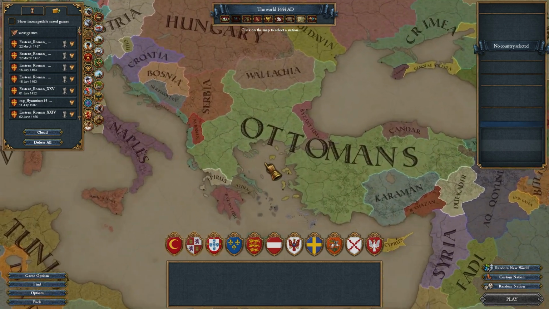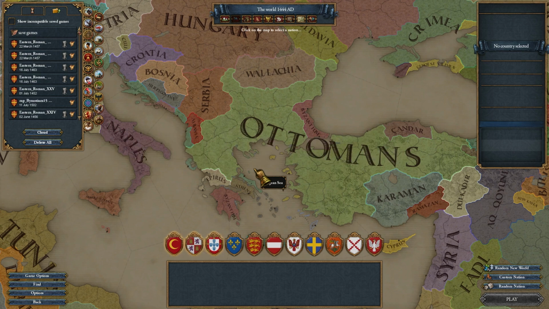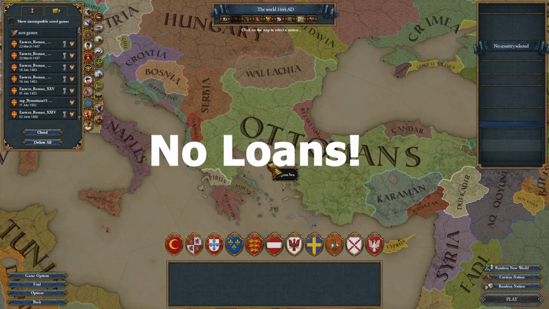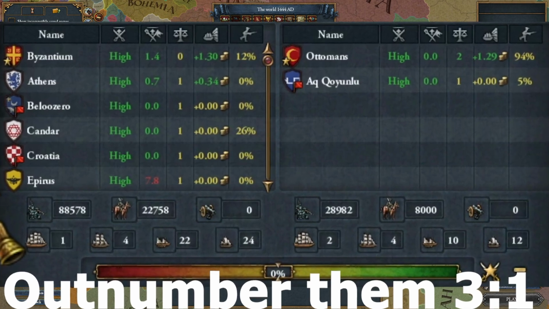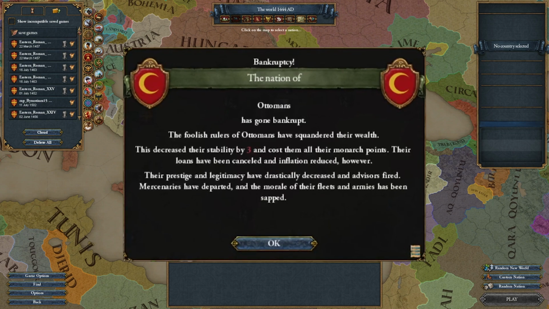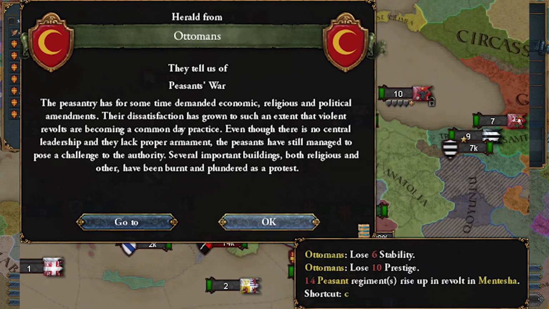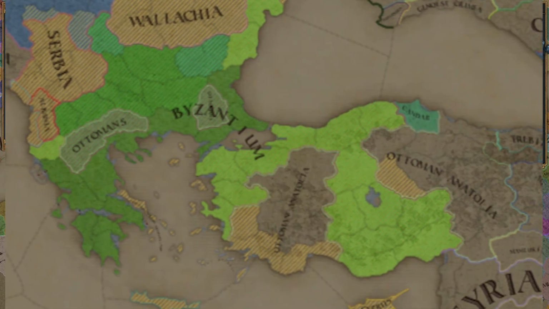That is why I have worked out a 99% reliable Byzantium strategy, where you don't need to rely on trapping the Ottomans, you don't need to heavily rely on mercenaries, you won't take a single loan, you will outnumber the Ottomans 3-1 and therefore totally destroy the Ottomans by 1457, and I mean totally destroying the Ottomans, as well as owning almost the entire Balkan side of the Ottomans,